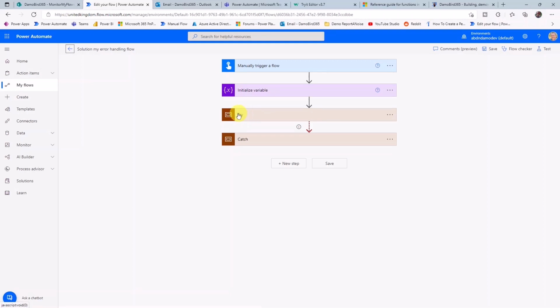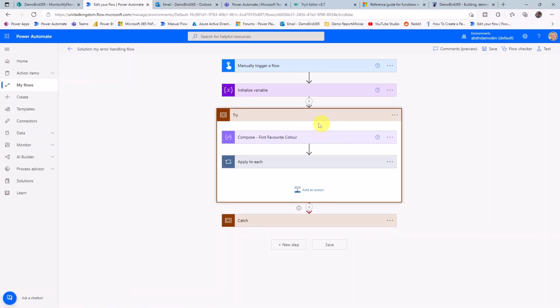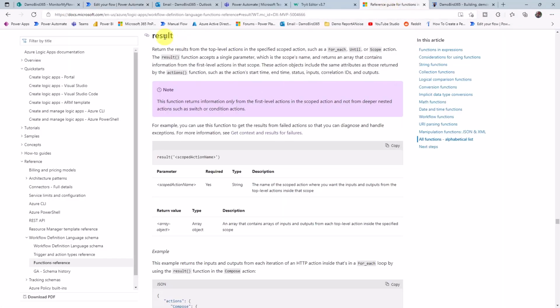And then I have a scope here that is called try, and it's within this scope that I have the actions for my flow. So when you traditionally build a flow, you probably don't use a scope, you probably just insert all the various actions, apply to eaches, etc. to build your flow. If you want to use this method, you need to insert those actions into a scope like so. Now we're going to be using an expression known as result,